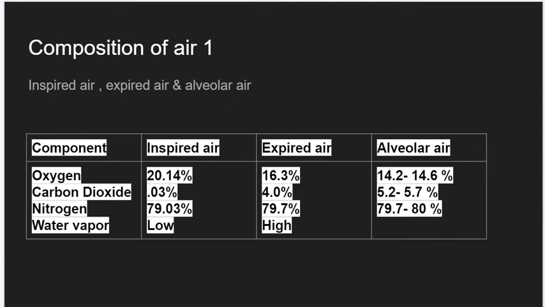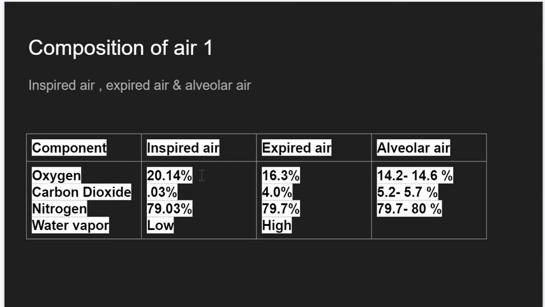Now, let's understand the composition of the air which we expired and which is in the alveoli. We are not in the position when we can bifurcate that I have to breathe in fully oxygen. हमारे पास ऐसा सिस्टम ही नहीं है. What we generally do, we generally breathe air which contain oxygen, carbon dioxide, nitrogen and water vapor. Now, the air we inhaled is known as inspired air. It contains